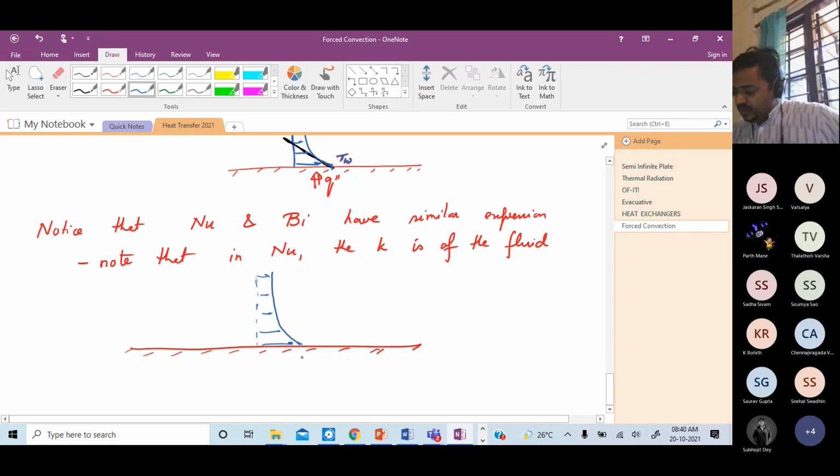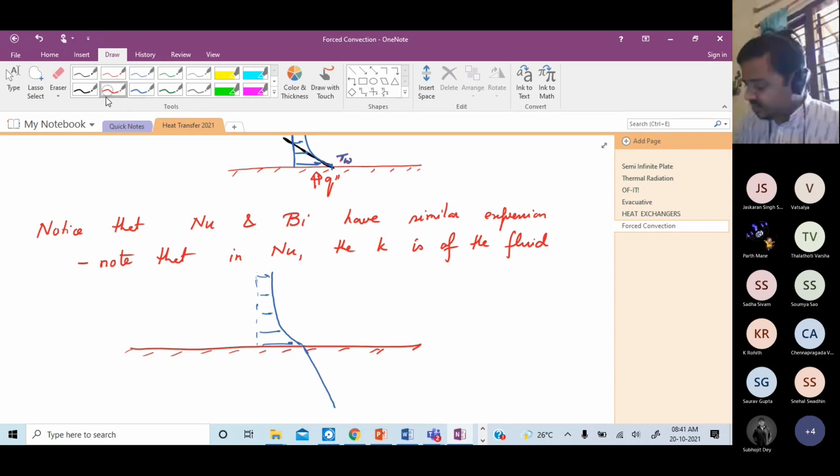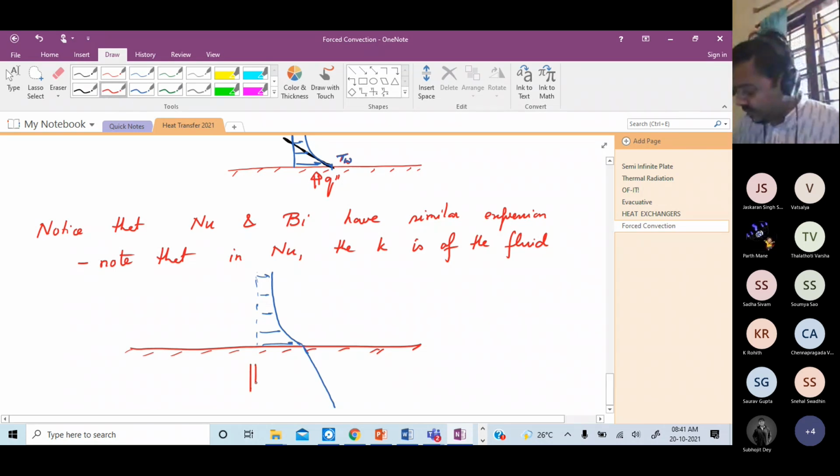Now, before that, what is happening? Let us say it is getting conducted through the fluid. Before that, if it was getting conducted, the temperature gradient through the solid